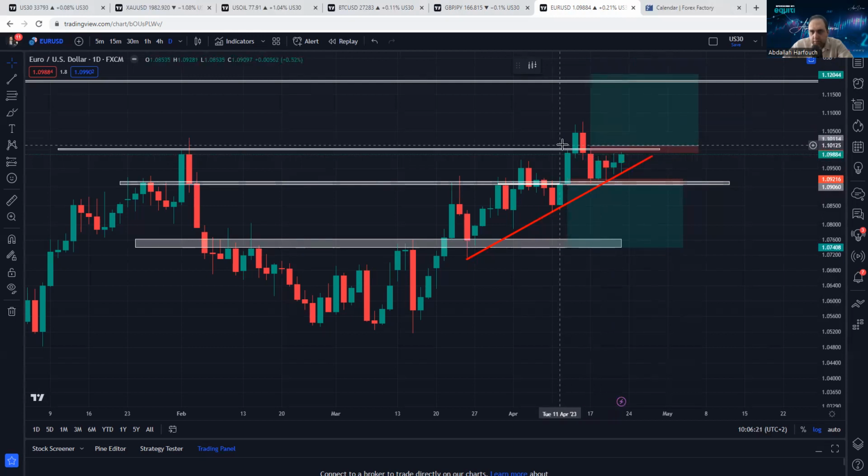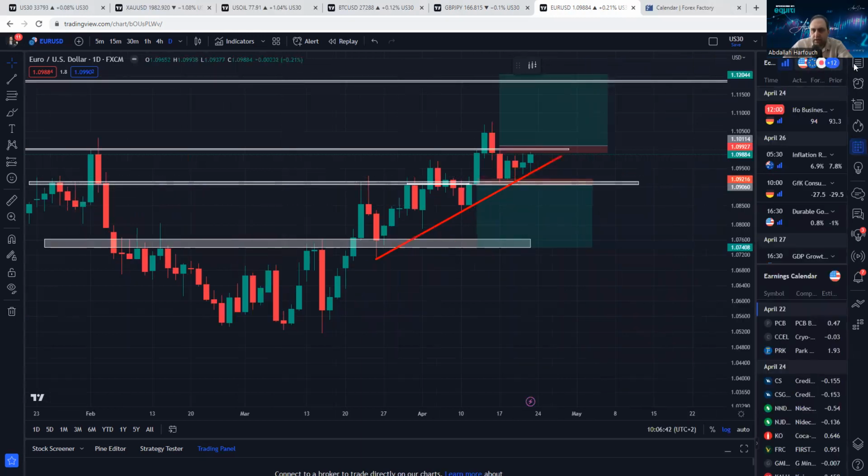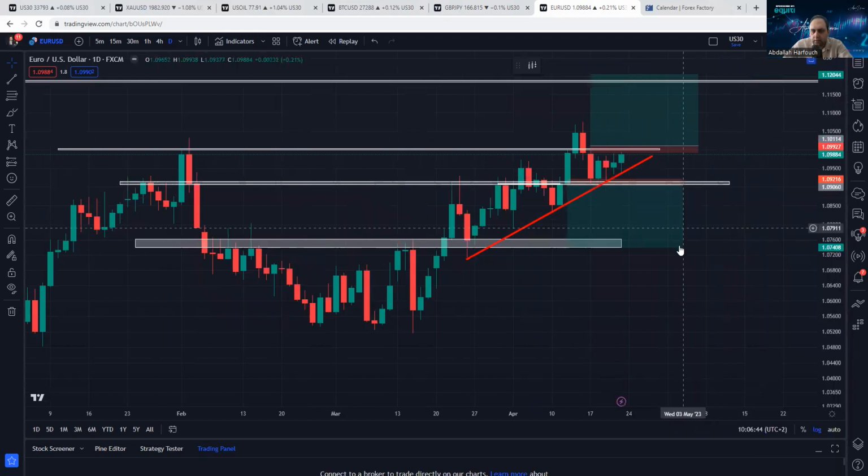We have this buy at 1.1010, stop loss 1.0990, TP1 1.1020, 1.1060, TP2 1.1155, TP3 1.1121, and 1.1180 will be the TP4 for the sell. As for the buy, sorry, as for the sell, we will handle this the same way.